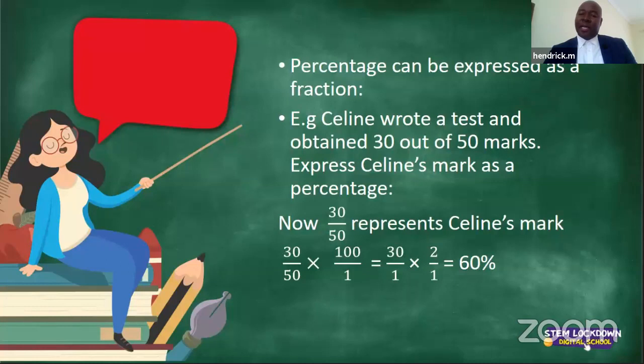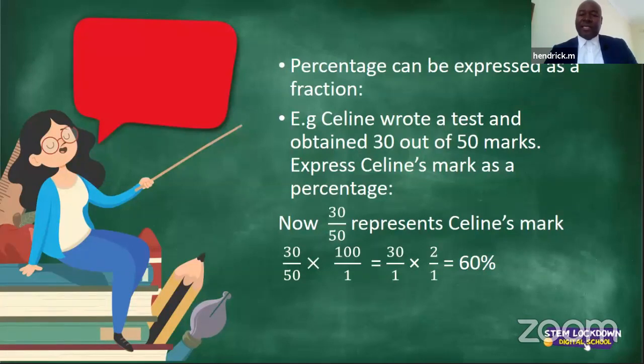Example: Celine wrote a test and obtained 30 out of 50 marks. Express Celine's mark as a percentage. Now, 30 out of 50, that is the mark that Celine got. If we want to calculate a percentage, it means we will have the fraction 30 out of 50, which is a common fraction, and we will multiply that by 100 over 1. And as you can see in the slide,